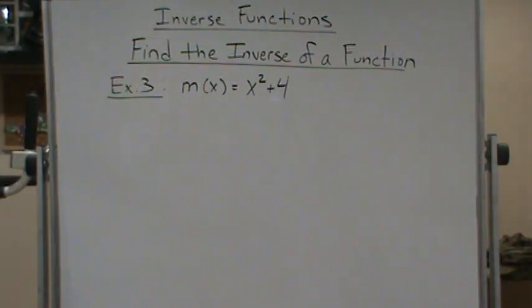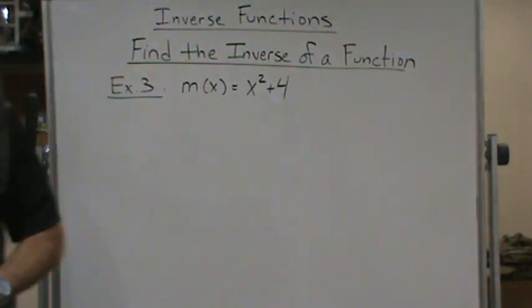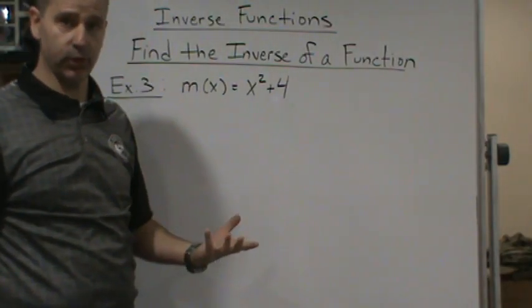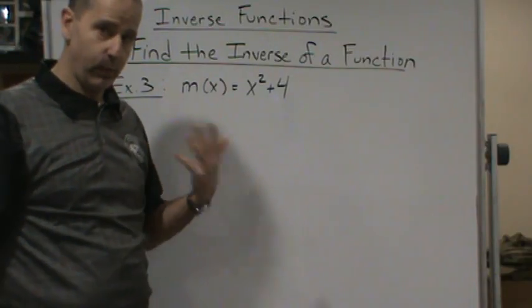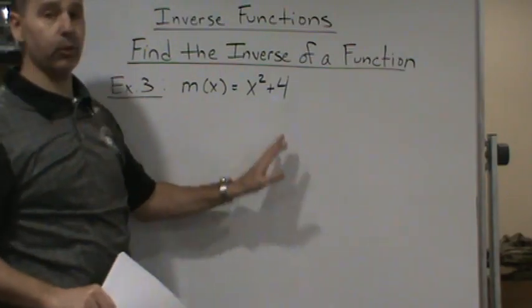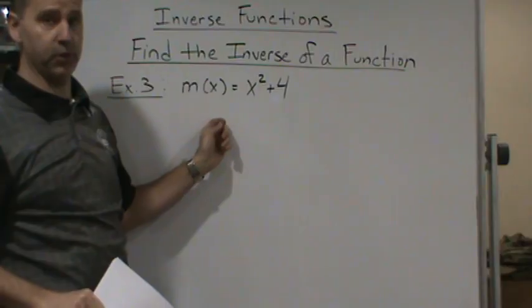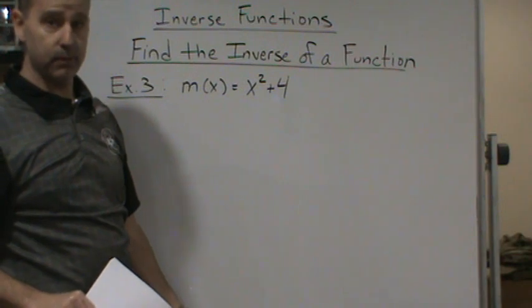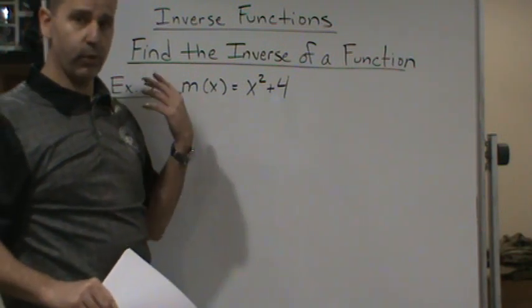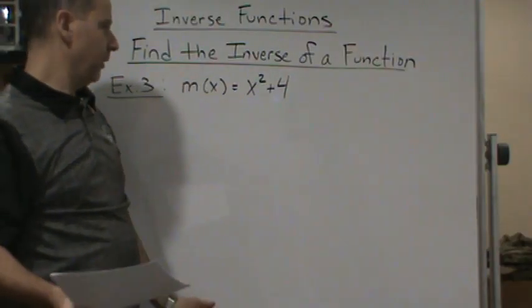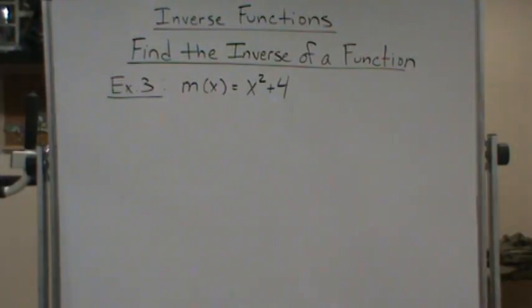All right, so now what we're going to do is look at this example. Now in the last video, what I wanted to say was that, remember, these have to be one-to-one functions, right? So in the last two examples, we had two one-to-one functions that we could do those 4 steps. Now, if you look at this, you should be able to recognize that this is not a one-to-one function, because this is just a parabola that's shifted to the left 4 units, right? And if you remember the horizontal line test, this doesn't pass the horizontal line test, so it's not a one-to-one function. So in this case, we would not be able to find